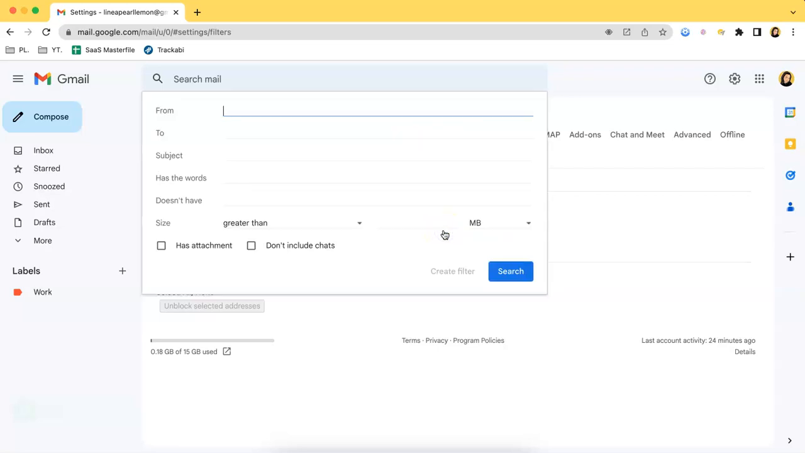So as you can see, there are multiple fields. For the from field, you can enter the email address or domain name of the sender that you want to filter. So in my case, I'll just choose my personal account and the two